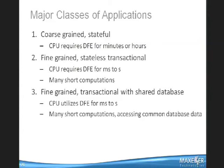We're going to have many, many millions of these computations to complete. And this is a type of application where latency becomes really critical. Even though we're dealing with a throughput application, if we had to issue memory allocations, memory copies, then a compute, then a memory copy back, all of this data bouncing backwards and forwards across the network would kill us if we're only going to run a millisecond worth of computation at the other end. So the X series is designed specifically to optimize this kind of calculation. All of this communication is managed in hardware without any software involvement. And finally, there's an extension of this, which is a fine-grained transactional application, but with a shared database. And I'll give you some